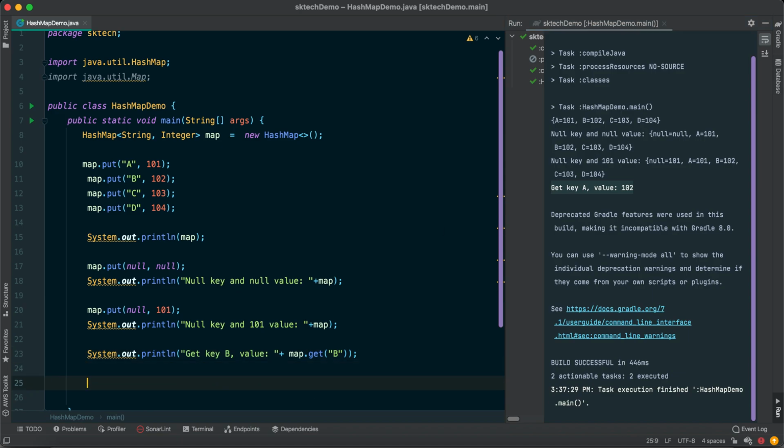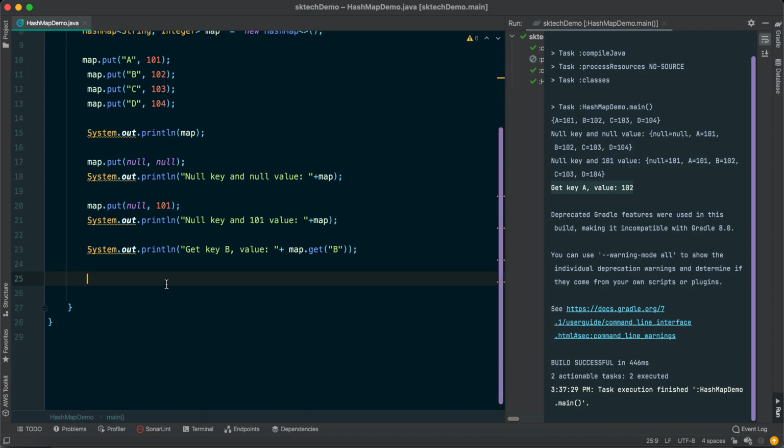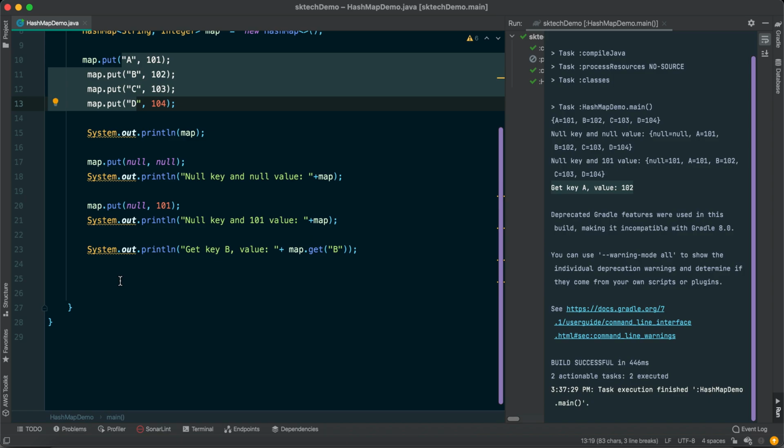Now let's see how we can get all the keys available inside the map, how we can get all the values inside the map, and how we can get all the keys and values. So there are three requirements. The map has provided three important methods, which we have seen in our previous video: keySet, values, and entrySet. The entrySet returns the combined key and value pair, and keySet returns all the keys available inside the map. Similarly, values is a method available in the map interface that returns all the values inside the map.